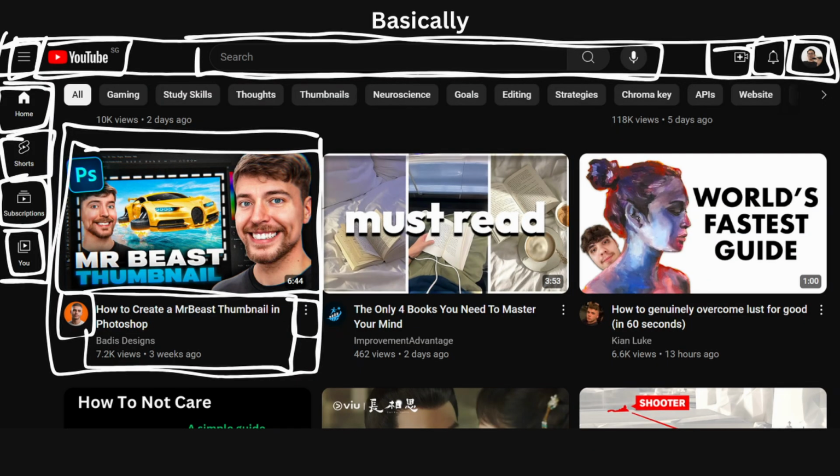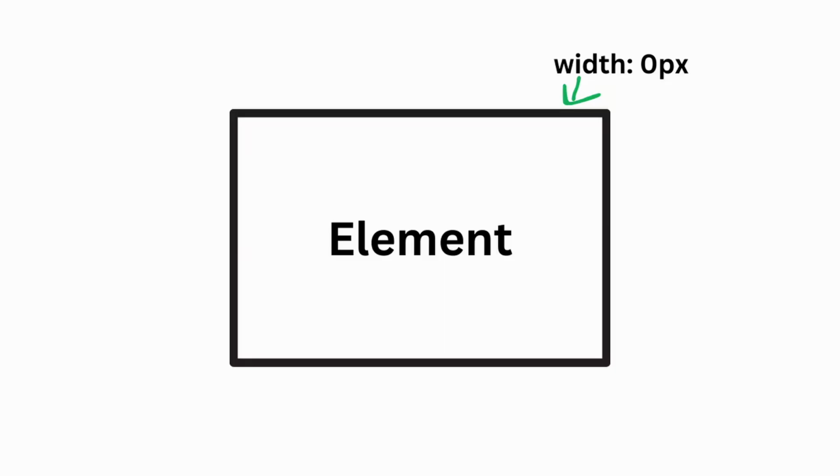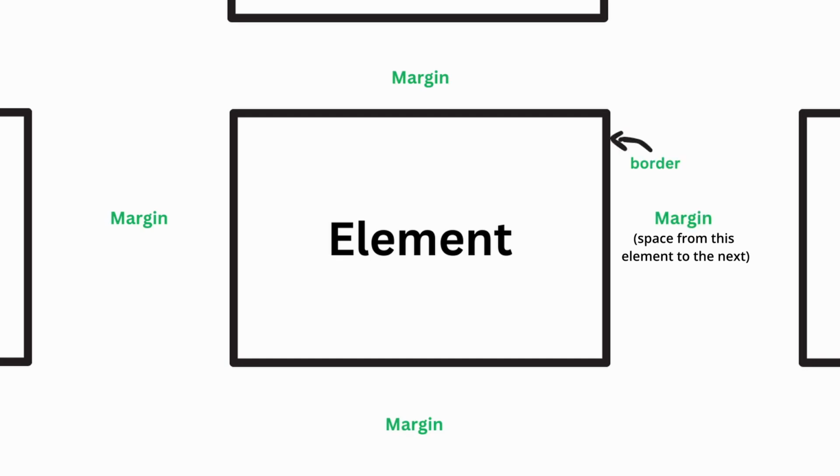Everything in the web are boxes. The elements you see in a web page are in boxes. But in projects, you can't really see the boxes because the line of the box, aka the border, has 0 pixels in thickness by default. The elements in projects that you do follow a box model. The space outside the box is called a margin. The line of the box is called the border, and the space between the element and the border is called